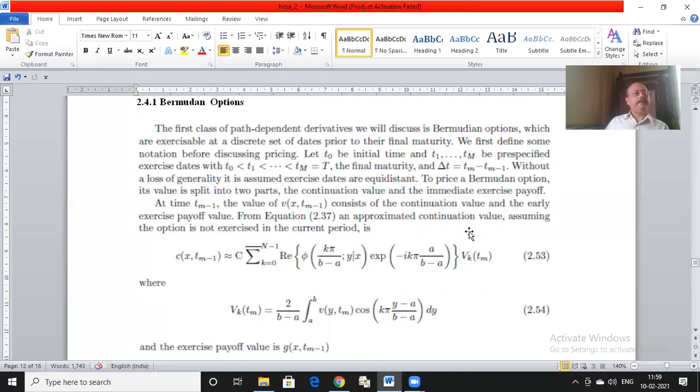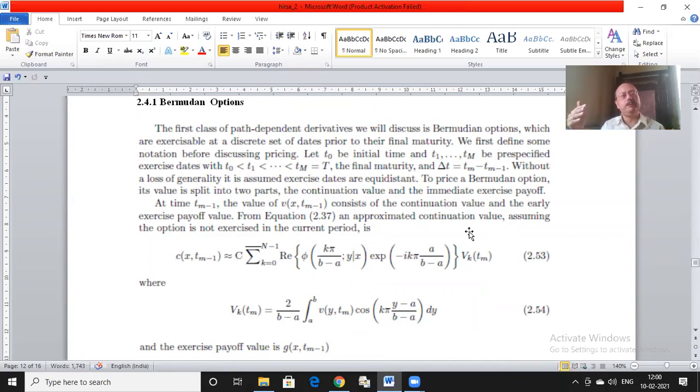That means at time Tm minus 1, it is like I have a Bermudan option starting at time Tm minus 1, which will expire at capital T, and all the remaining intermediate exercise points are still available to me. So if I am at T3, then it is like I am starting a new option at T3, where my possible exercise options at T4, T5 up to T capital M are still available. But now the time period has been shortened.